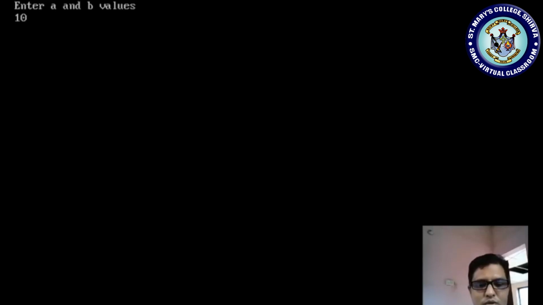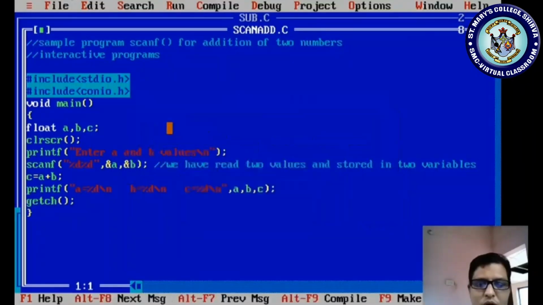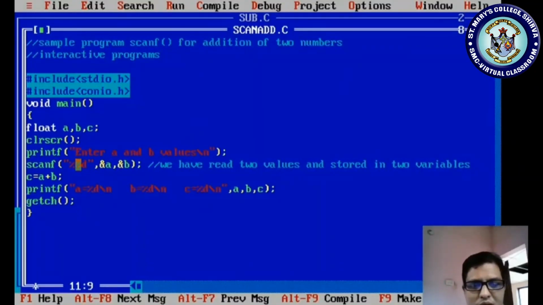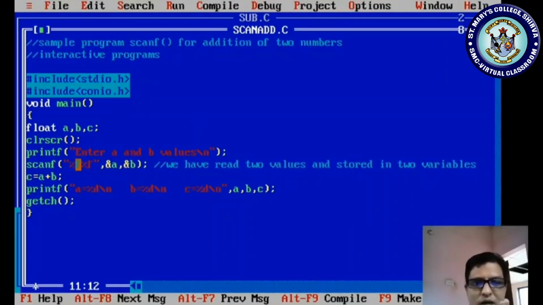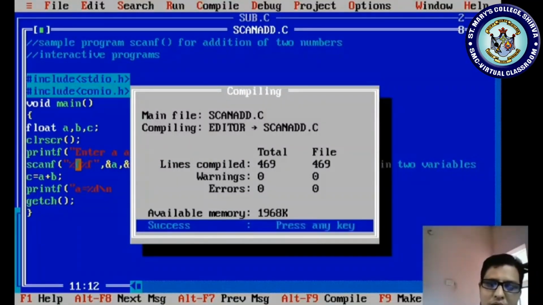If you make it %f, you are reading the value. Let me see once again. You can read the value. When displaying, what will happen? Okay. Printf is your display function, right? I'm not modifying here. Let me compile it. Compiled, and I'm running once again. And now it is asking. I'm giving 20, 30. While displaying, what happens? It is showing 0, 0, 0. Got it? Why? Because float is the highest range. Int is the least range. Highest range cannot be converted into least range.